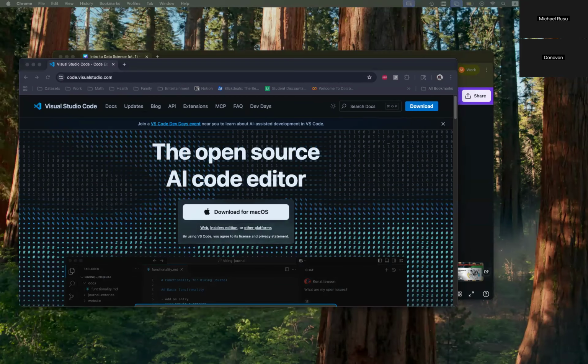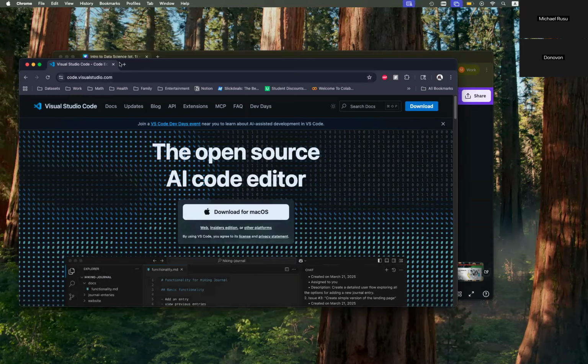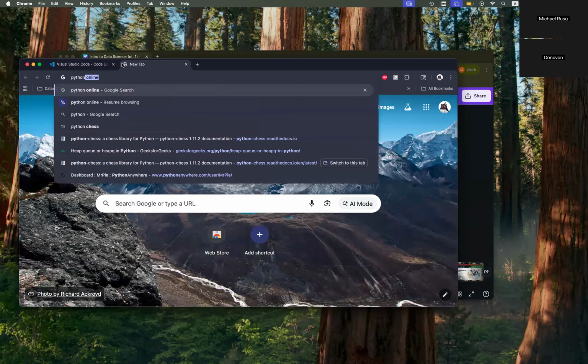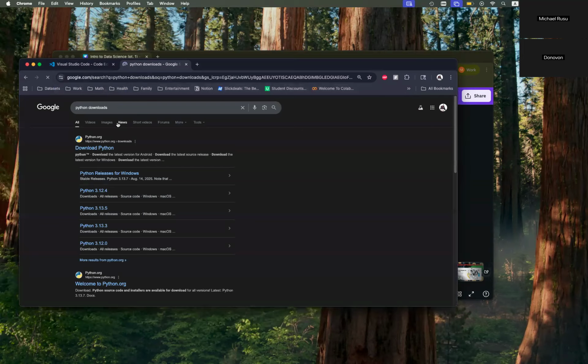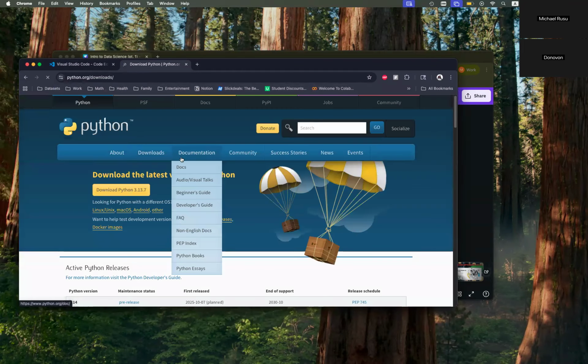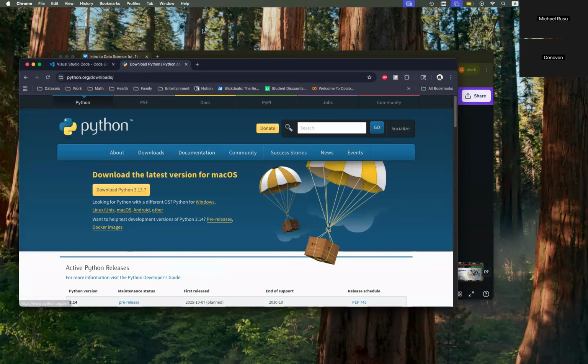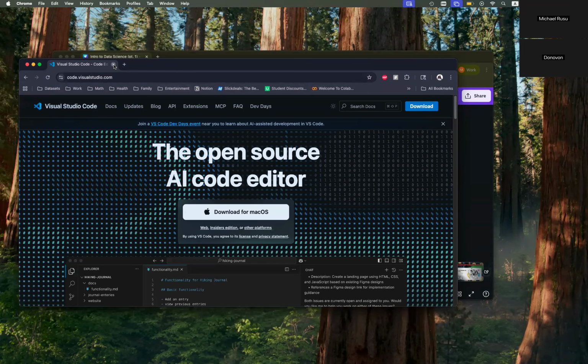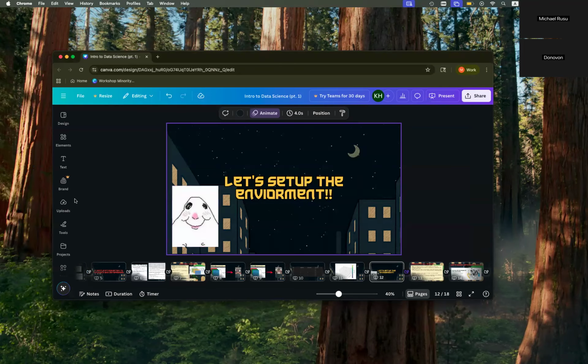Here we go. Where's Python? Right there, Python downloads. Pretty much just go here, download Python, click on this button and it'll download for your OS. So I'll let you guys do that real quick while I show you what we're going to be talking about.